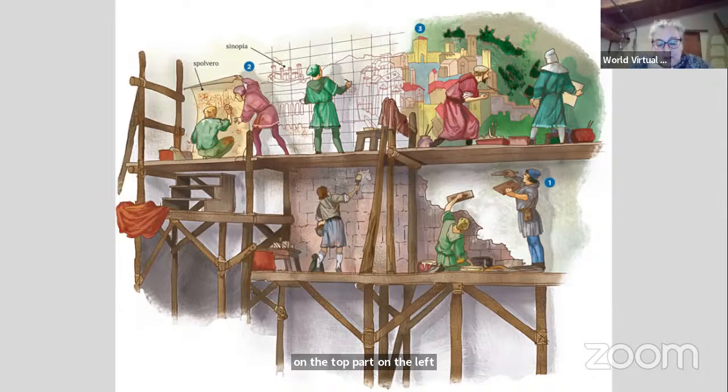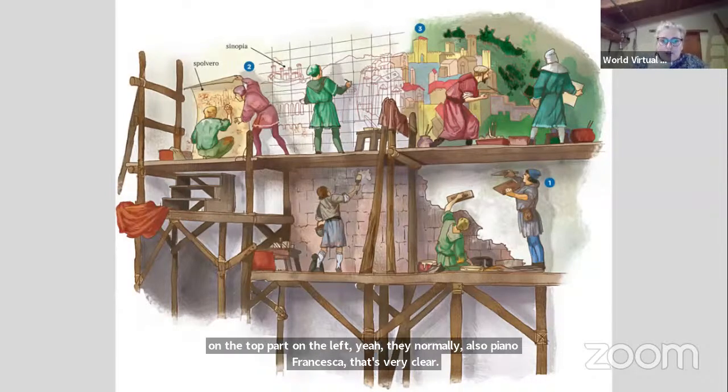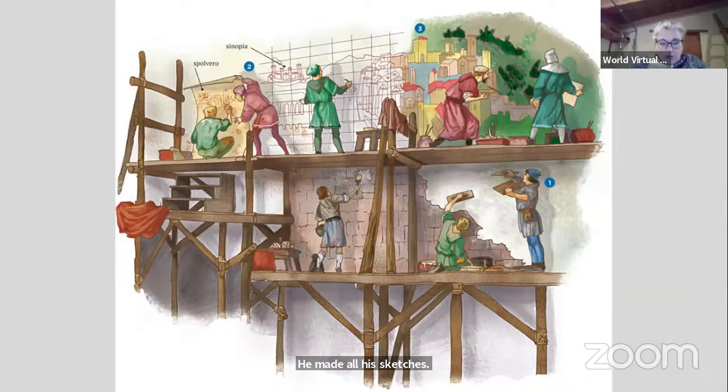normally, also Piero Della Francesca, that's very clear. He made all his sketches. So first probably a small sketch, but then everything life size and real size sketches on paper. And then that sketch would be transferred on the whitewashed wall. You see, you could do it with these kind of grids, and then or you can put the paper against